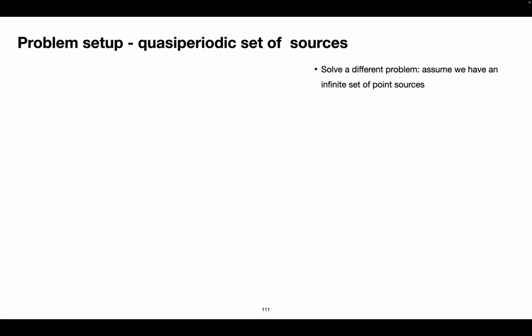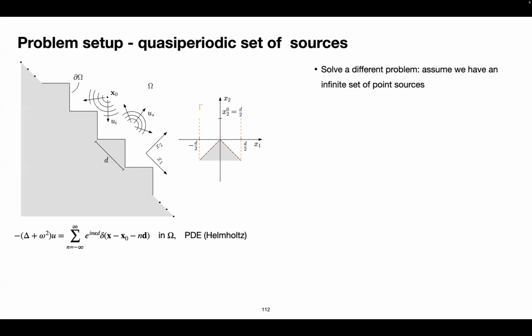So I'm going to solve for an infinite set of point sources. This is what the geometry looks like. I have an emitter at x naught, but I also have emitters at each of these stairs. And the PDE that I'm solving, and don't worry too much about this, is the Helmholtz equation. On the right here, I'm plotting just a single stair, because by exploiting the symmetry of the system with an infinite set of emitters, I'm going to reduce the computation to just one of these stairs. This is called the unit cell, or the repeating pattern of the boundary. It's a much smaller domain, and therefore my computation is going to be easier.